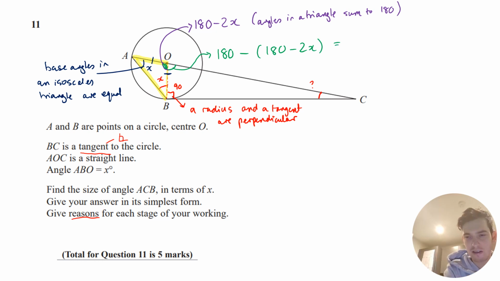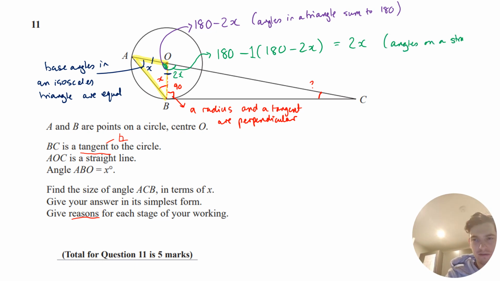Well, 180 minus 180 is 0, but I've got minus x, which is positive 2x. So I think I said x, I meant 2x. So that is 2x there. So this angle here is 2x. And the reason? Angles on a straight line